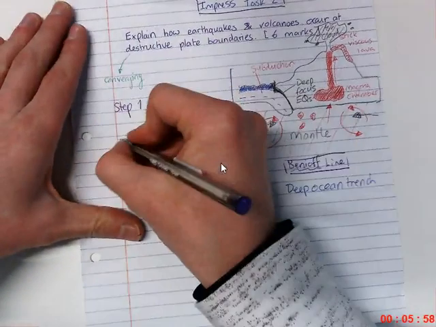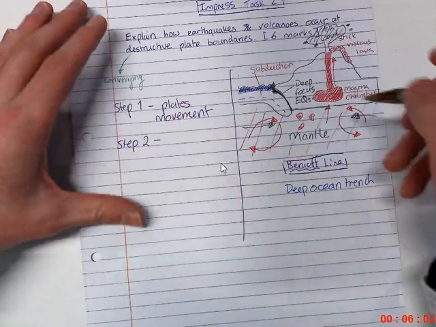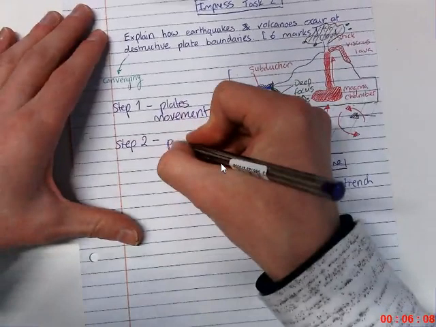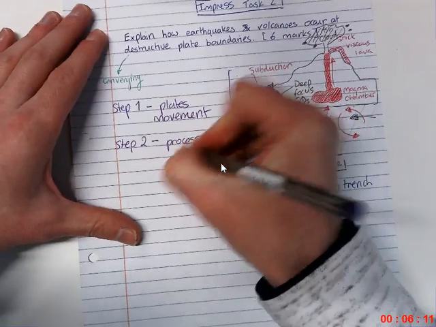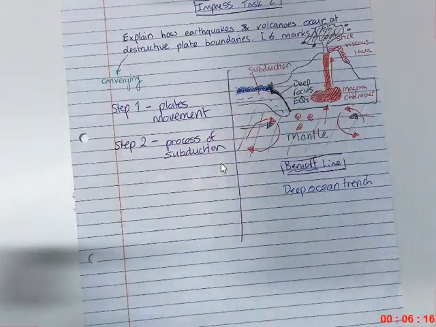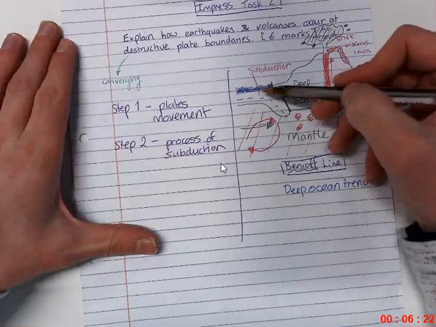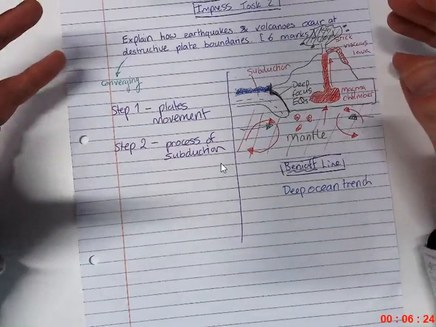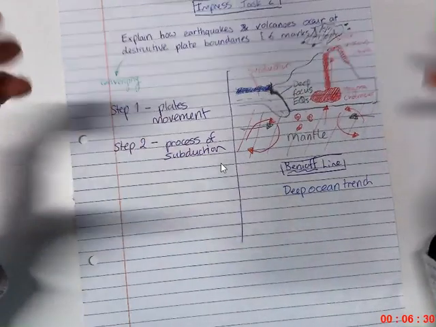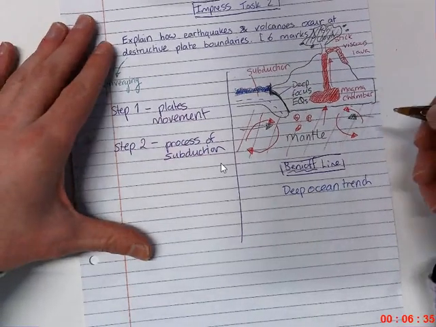Okay. Now the second thing that we can mention here is that after the plates meet, we're going to have this process of subduction. So that's the second thing that you're going to describe. You're going to explain that this subduction process is caused by the fact that the oceanic crust is not as thick as the lighter continental crust, but it's denser, it's heavier, it's older, and that's the reason why. And that's going to go underneath the continental crust here,